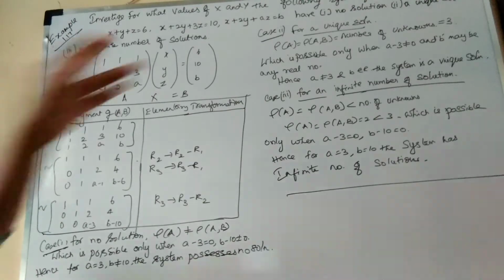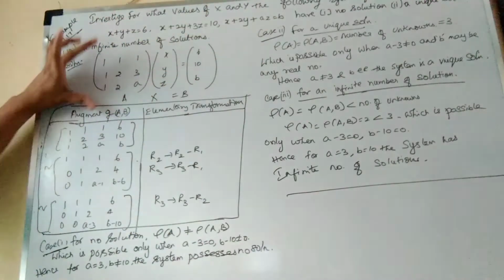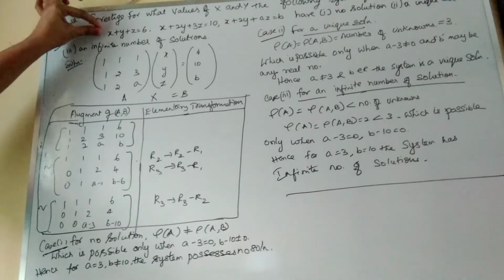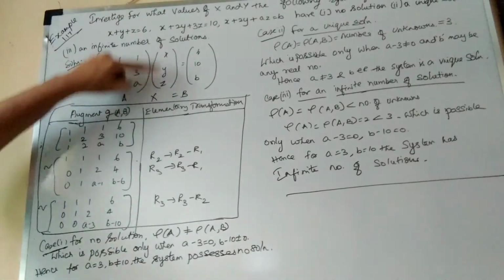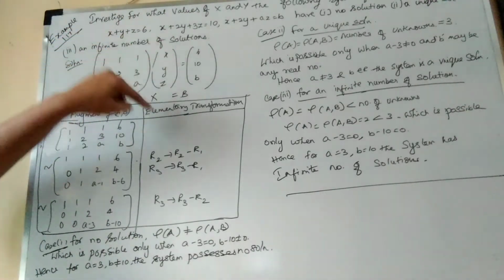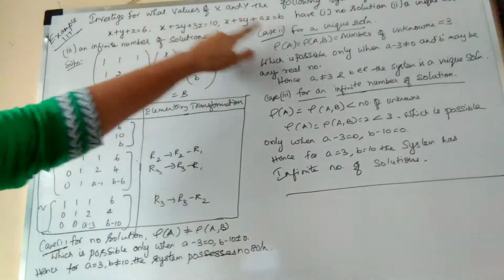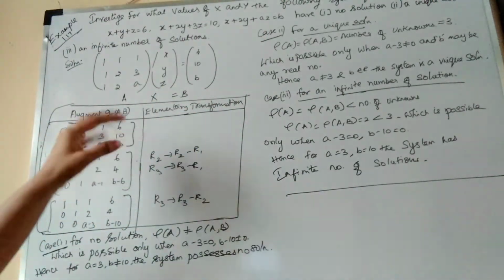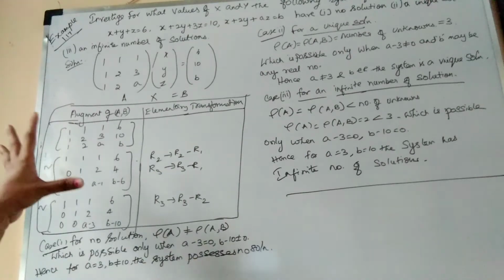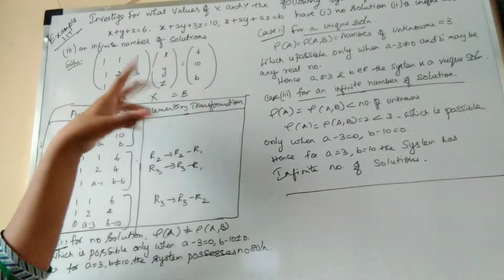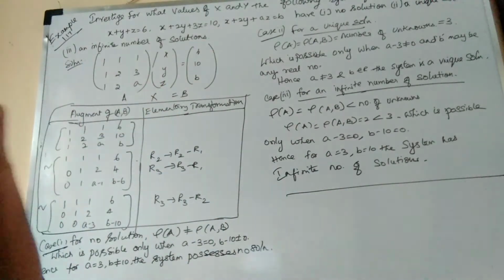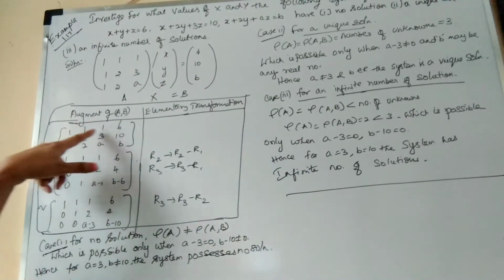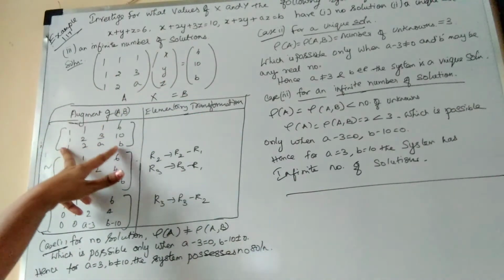So given the system of equations, you are going to solve it by the matrix method. For that, you will choose the coefficients of x, y and z as the A matrix, x, y, z as the X matrix, and the constants 6, 10, b as your B matrix. Now by using elementary transformations, you are going to find the rank of A and the augmented matrix AB. First write what the augmented matrix AB is, combining A and B.